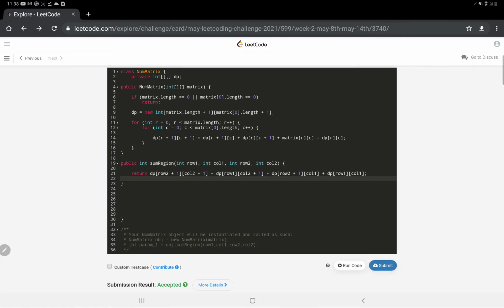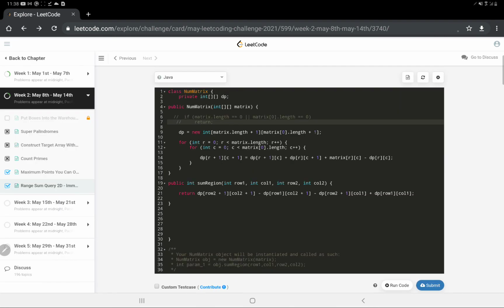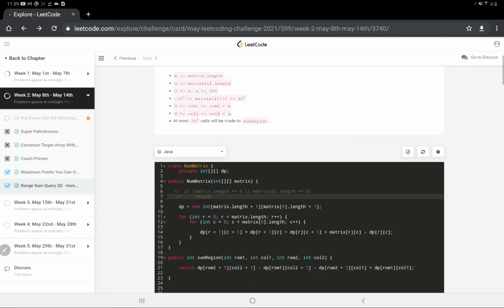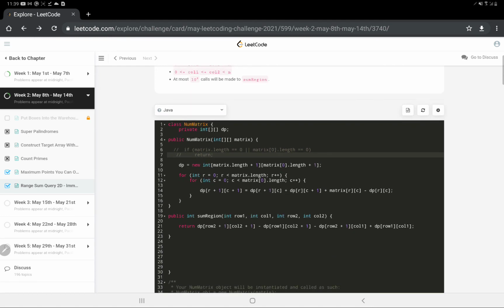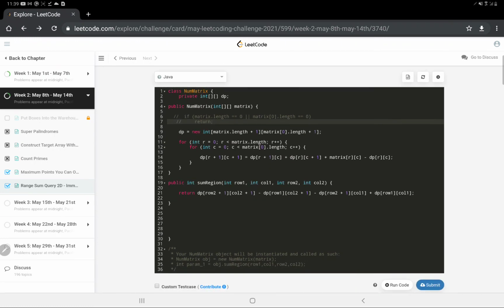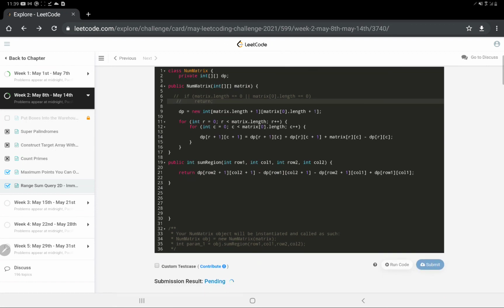As you can see, it's accepted. Now let's make a slight modification that I mentioned earlier: let's comment out this line, because in the constraints it's given that the length of the matrix would be from 1 to 200. It won't be 0. So I told you that the check for 0 won't be necessary, but still I placed it by mistake. It's an old habit, but if you have read the constraints, there's no need to put this check. Now let's submit it with the check removed. So yeah, as you can see, it's accepted.